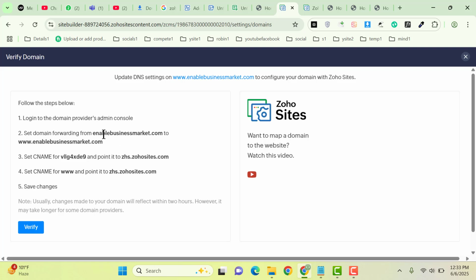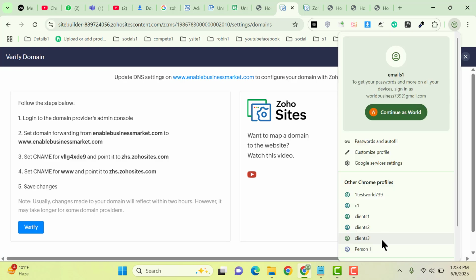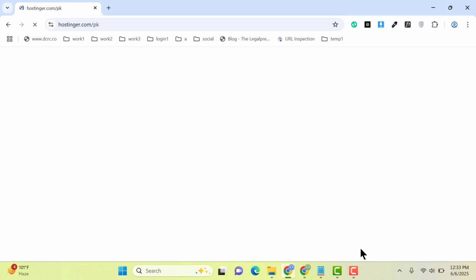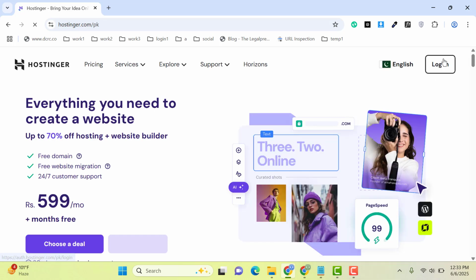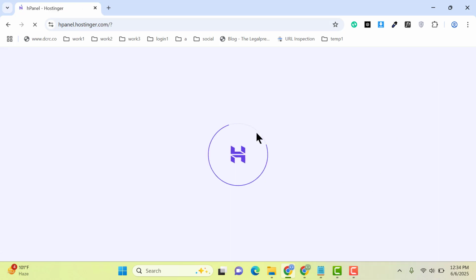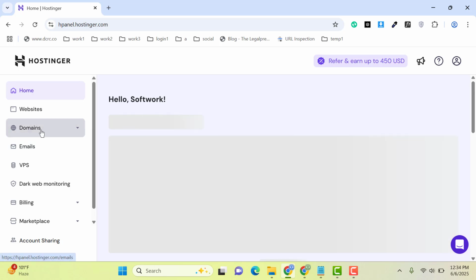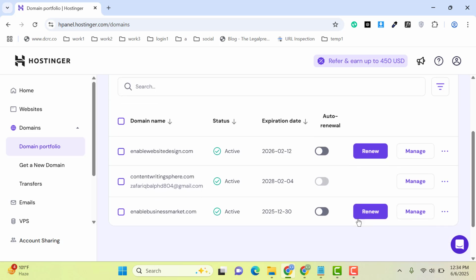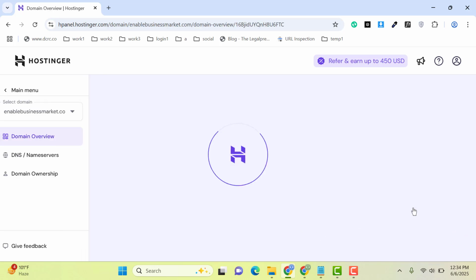So first one is we need to add enablebusinessmarket.com to www.enablebusinessmarket.com, and we need to add these 2 records. So let me go here. I have domain in Hostinger. After that click here login button, and then let me go in domain settings, scroll down. After that now let me click on manage,